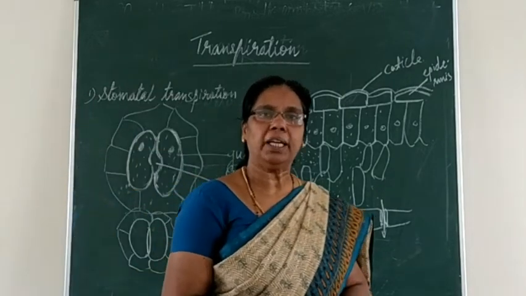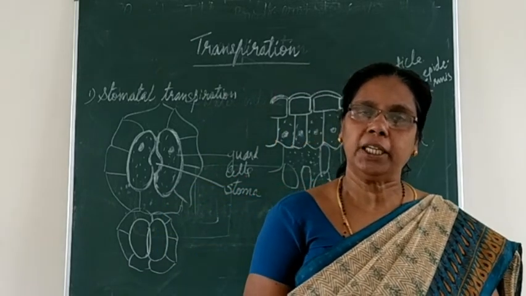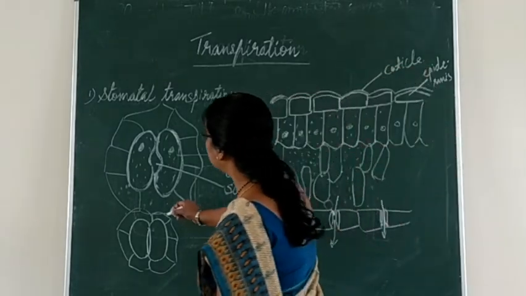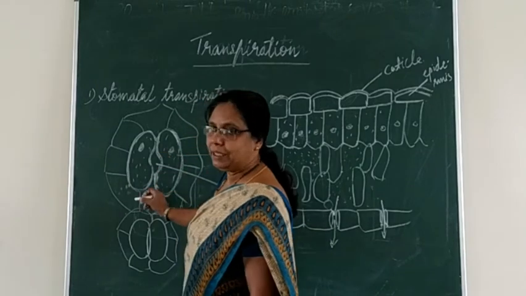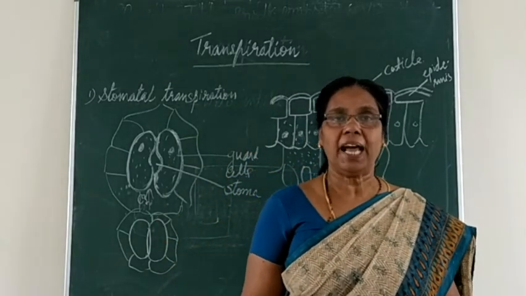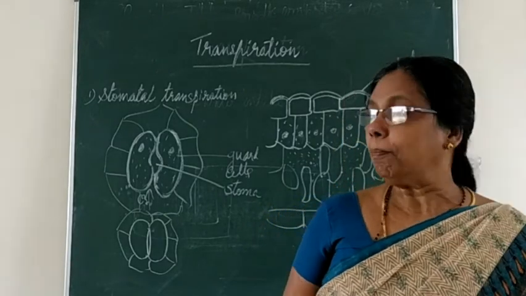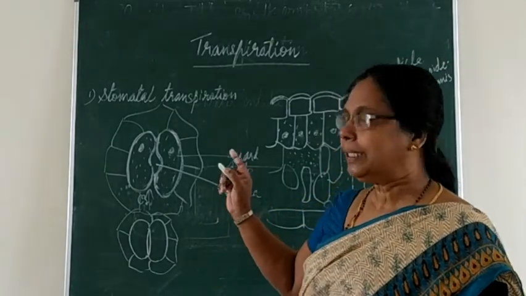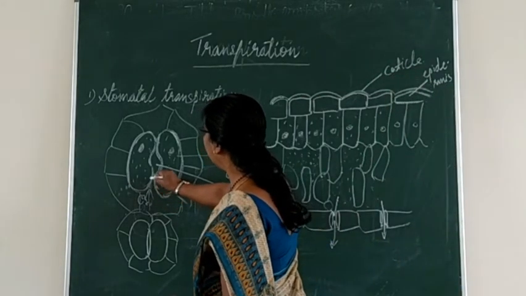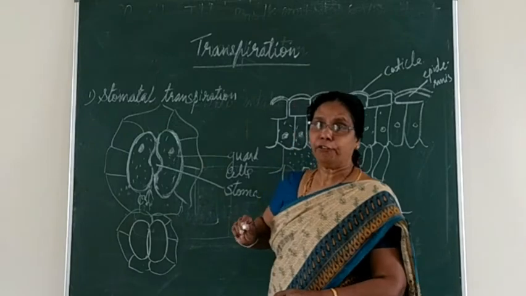At what time will this stomata be closing? Yes, during night time the stomata will automatically close. During daytime the stomata will be opening. So through this open stomata only, what will enter? Carbon dioxide will enter into the leaves. What do the plants need this carbon dioxide for? Yes, it is for photosynthesis. So through the open stomata during daytime, you can see that this carbon dioxide will enter through this opening and the plant is using it for the preparation of food.